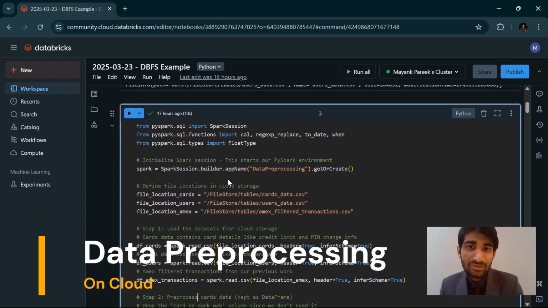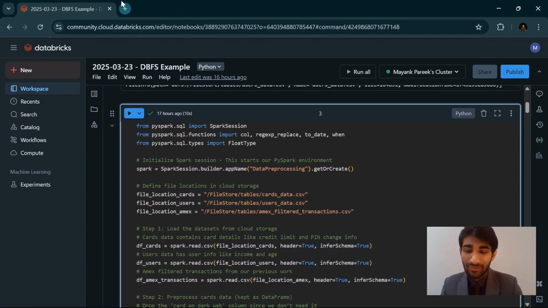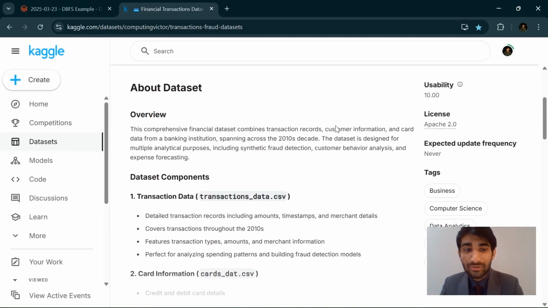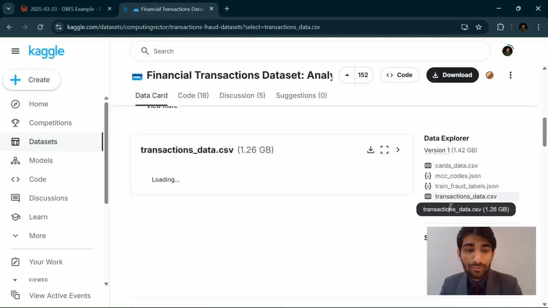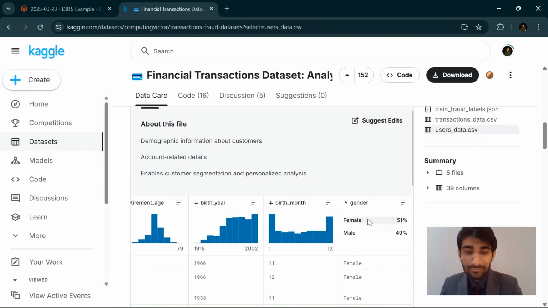So guys, as you know, in my users data.csv file, let me show you the file only. In my users data.csv file and cards data.csv file, we have a lot of numerical values. And I want to make sure that those numerical values stay as numeric values. If I go to my users data.csv, you can see my yearly income, for example,